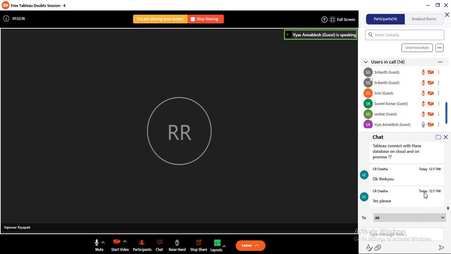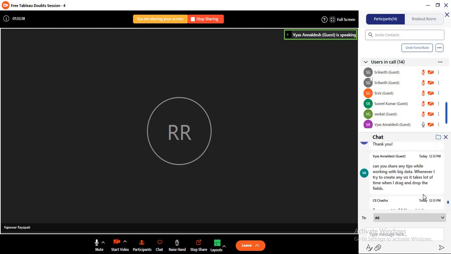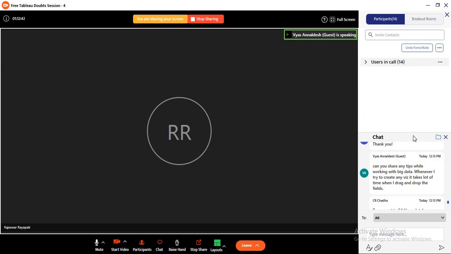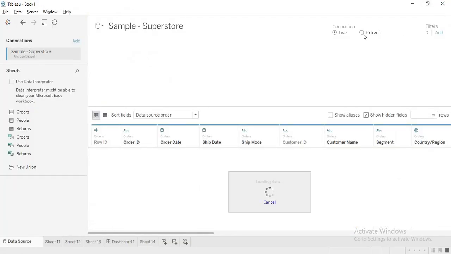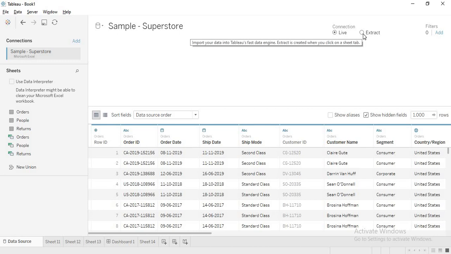Is there any limitation with that? Like, how can I take the extract? In the data source you have this option to create an extract, right? Yes, but how can I save billions of records locally?